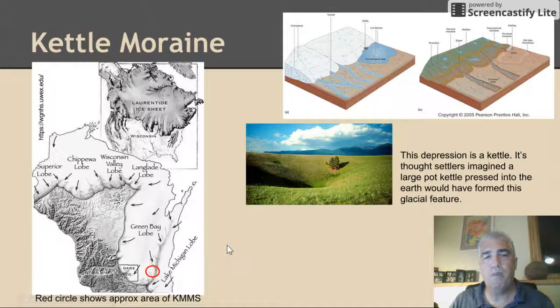So imagine these two massive sheets of ice moving over the landscape, and picture your hands on a beach. You push your hands together, just like these glaciers did, on top of sand on the beach, and when you remove your hands, you can have a little ridge right there. Well, it's this ridge right here where the Green Bay and Lake Michigan lobes met, which forms the Kettle Moraine area that we know. Now, this photograph is of a glacial feature called a kettle, and that's formed when a